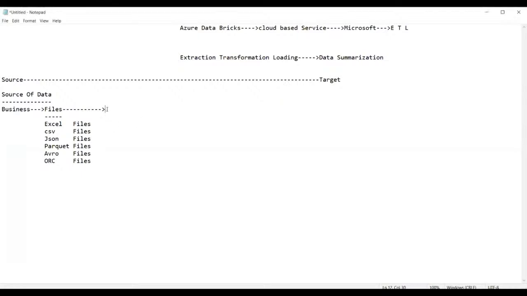We pull in the data by using the process called extraction. So extraction is done. And now, guys, this extraction is done by using ADB, that is called Azure Databricks. By using Azure Databricks, we perform the process of extraction, that means extraction of data. Extraction of data only, guys. Then extraction is done.